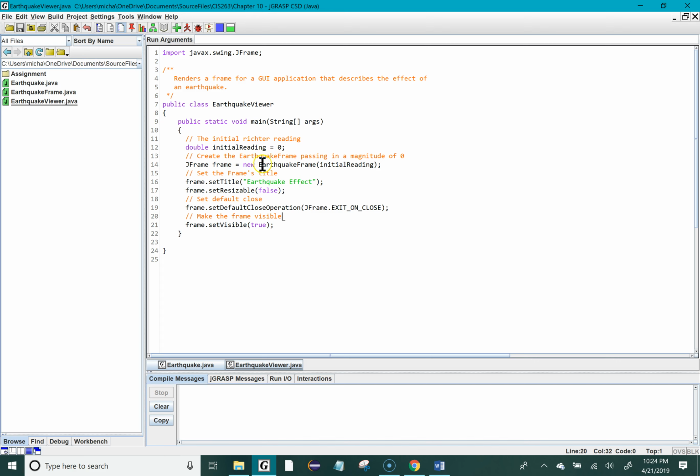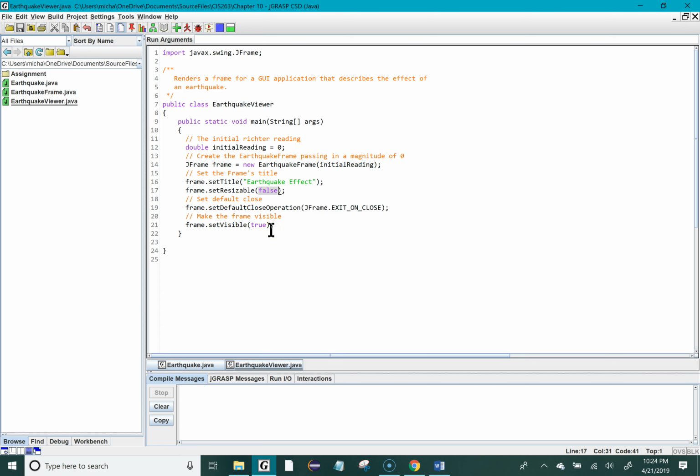So we're going to call our earthquake frame class, passing in an initial reading of 0. And then we're going to set the frame's title, which is earthquake effect. We'll set resizable to false. We'll set the default close operation to exit on close in the JFrame. So when we hit the red X, the frame will close,